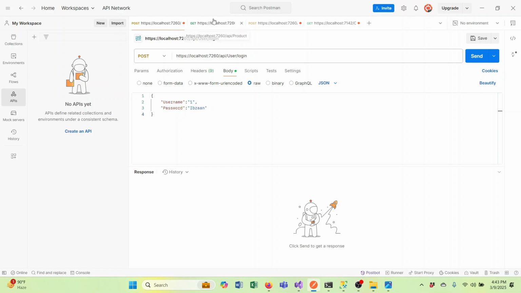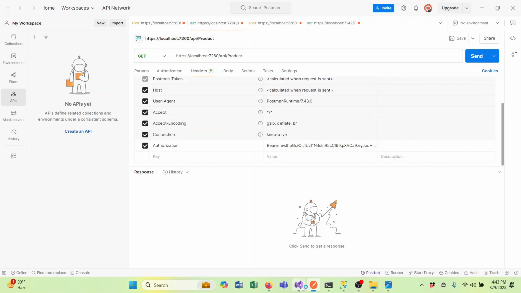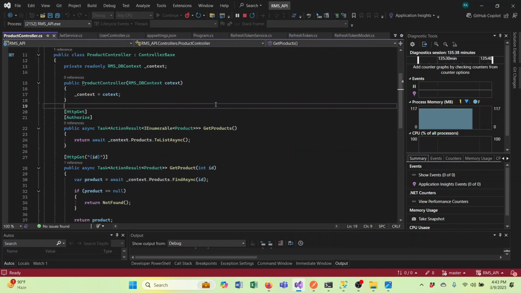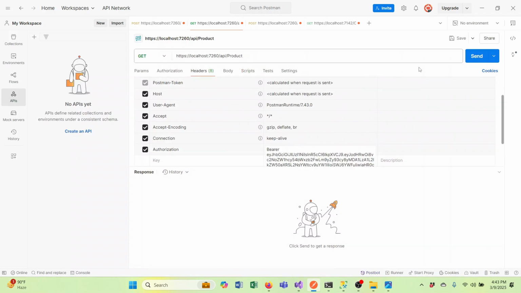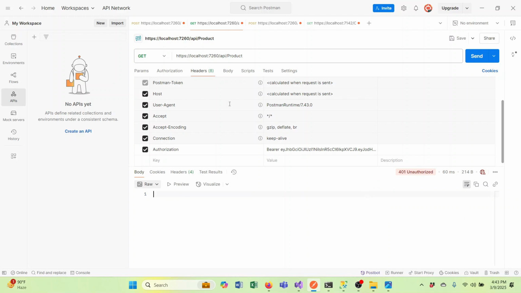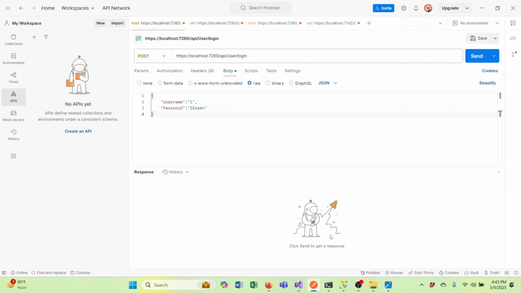First you will see that this is the protected resource which is in the products controller. It has the authorize attribute. Using this authorize attribute, it is protected. So if this access token is already expired, and I send the request, it will give me unauthorized. So if I start over, I log in first with the sample data, sample username. User sends the request,